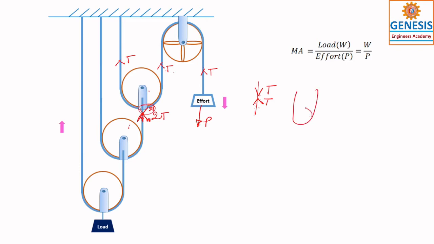So in the previous case, we have used the same thing. So this is the pulley, I have applied the load W. And this is the fixed pulley, I have applied the effort here. This is T, this is T, this is T. This T is equal to W. That means here it is 2T. So to resist this one, that rope is also offering some internal resistance that is towards up. So I use only the upward force 2T, and it is also 2T.